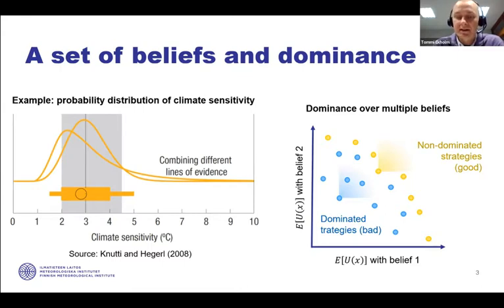But here, instead of criteria, it is just over different sets of beliefs. So in a way, you want to find these non-dominated strategies that seem to be good, in the sense that you can't improve the strategies in terms of both beliefs, but maybe have a trade-off between the two. And you want to avoid the strategies that are dominated, because there are other strategies that are strictly better in terms of both of these